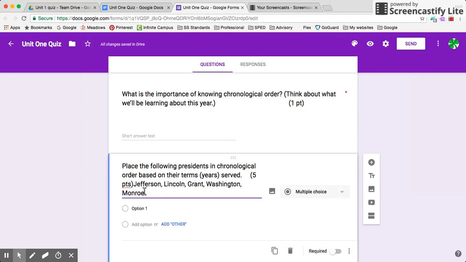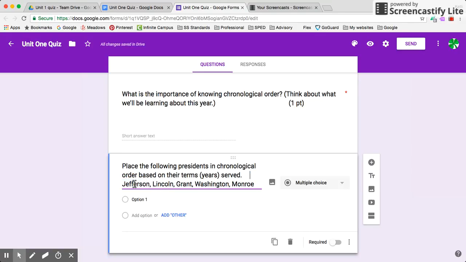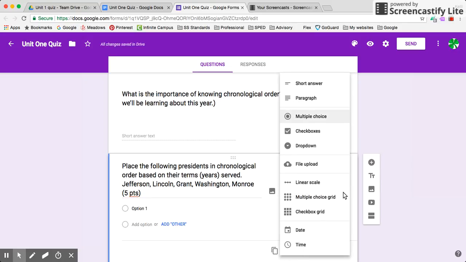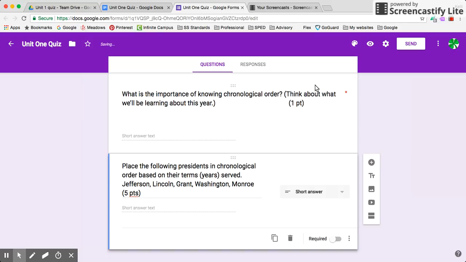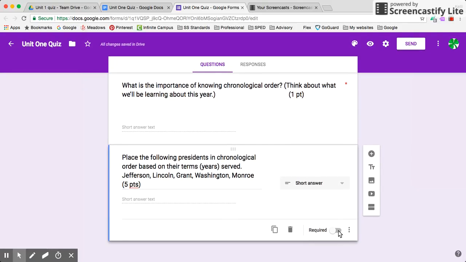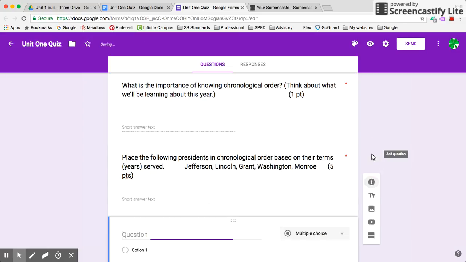I'm going to change up the format of this one a little bit. Give it some space. I'm going to move the 5-point reminder to the end of it. And I'm also going to switch this to a short answer. I'm just going to ask them to put them in order. Now there are probably another way that I could do this. I'm going to leave it like this because I want the students to have practice typing out the president's name with their spelling. Making this a required question,